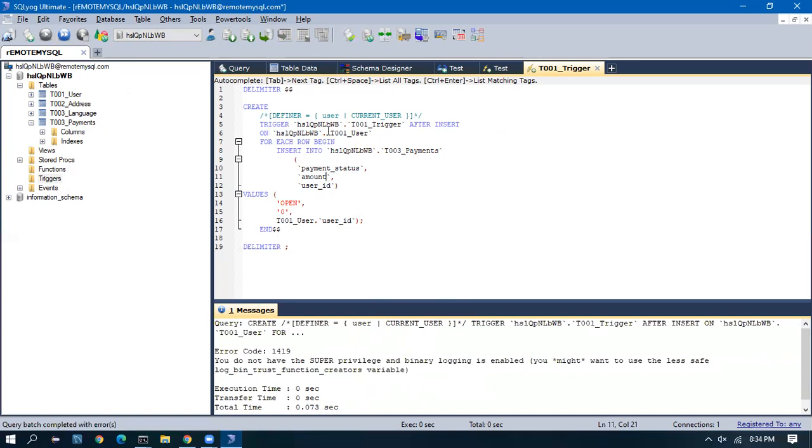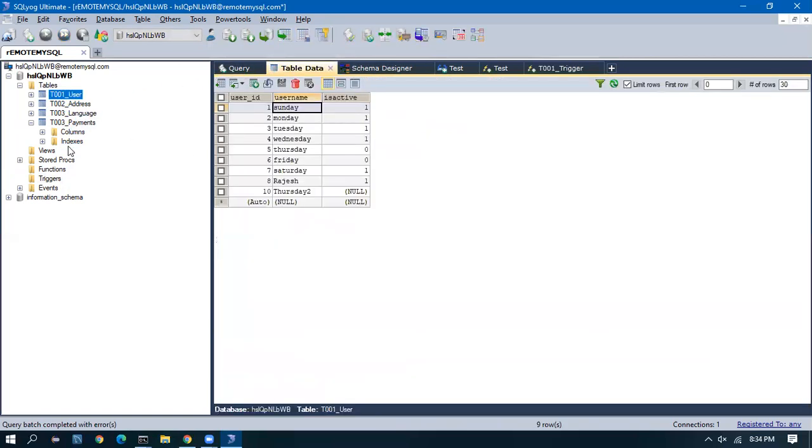So a trigger is, if I create like this, after insert into T001 user table, I want an insert to be done automatically into the payment table. In this case, a trigger will always be active on the database side. As soon as I enter a row here in the user table, immediately there will be a row inserted into the payment table. So that is what a trigger is.